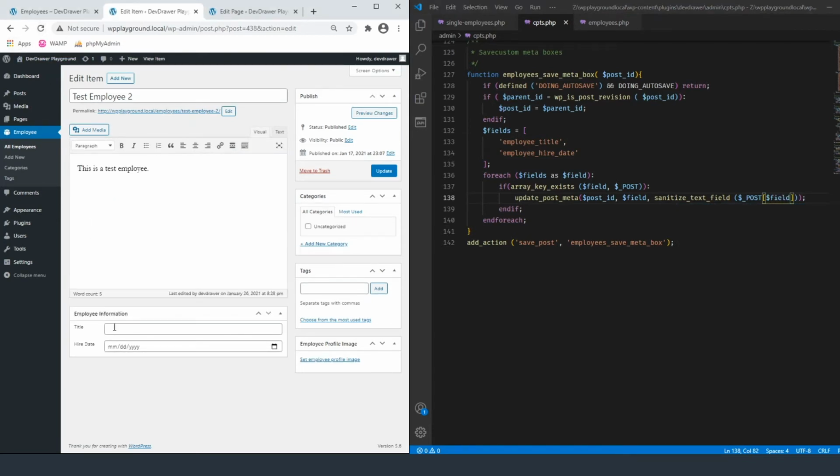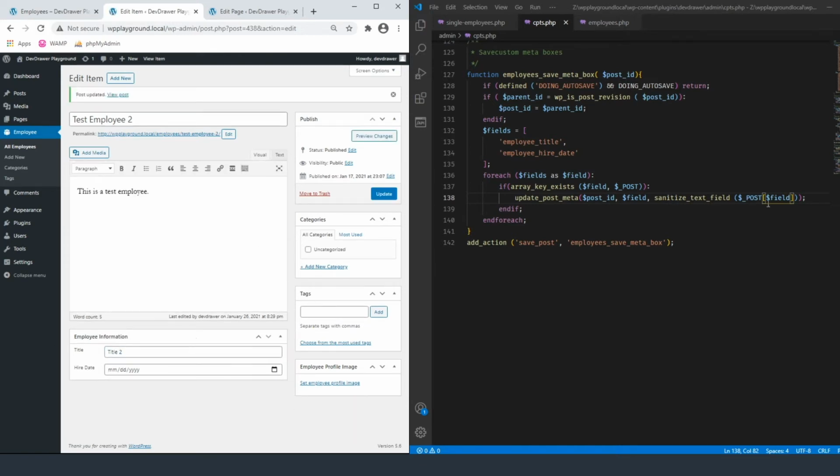So refresh, and we're going to do title 2, update. All right, so there we go. So yeah, it was just because I was passing a hard-coded variable from the post that didn't actually exist. It actually has to be based off of this field that's being set here. Okay, so then we should be able to also update this to the 25th. Hit update. All right, so now we have variables that are being stored inside of our